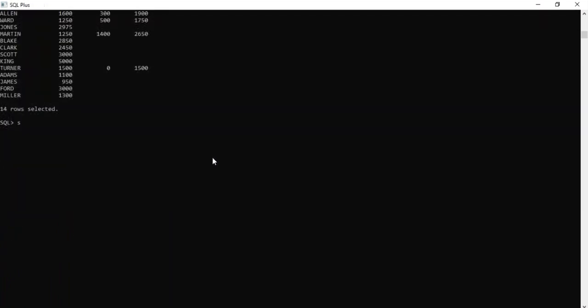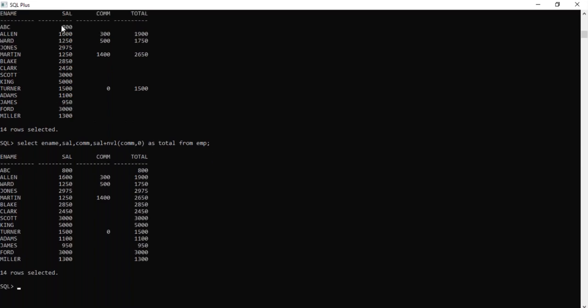Here salary plus commission, we are adding NVL of commission comma 0, as total, from EMP. Now see here, previously 800 with null commission gave total null. Now with 800 and null value, it is getting 800. It's a proper result.